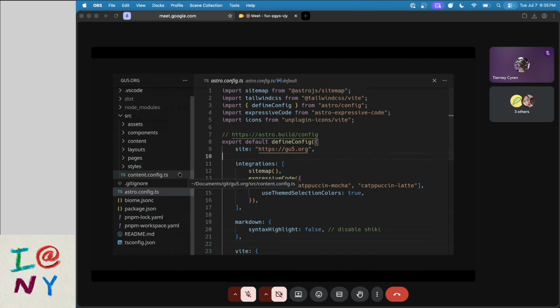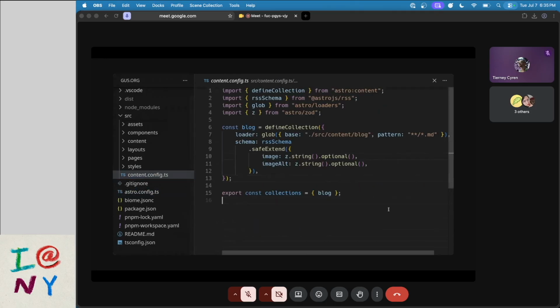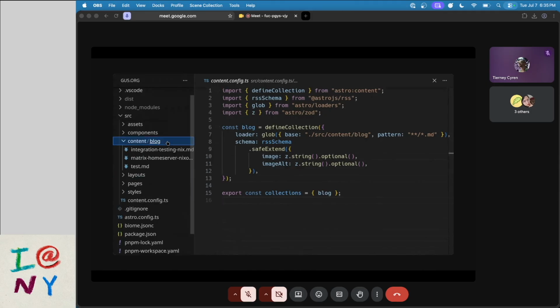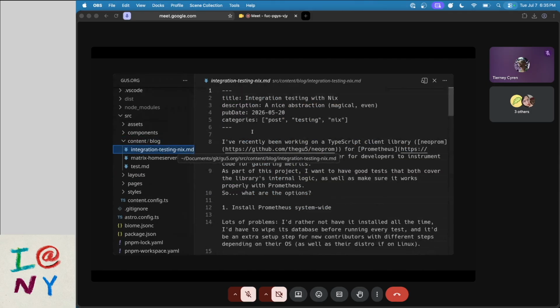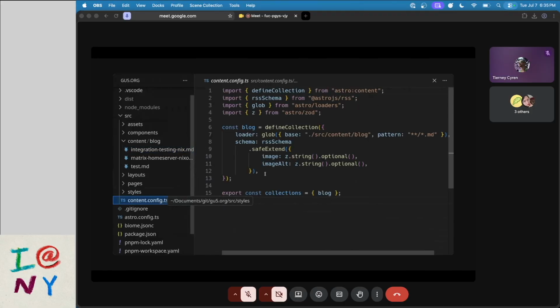Astro also has the concept of content collections, which is built into the framework, where I have my blog, and it imports all the markdown files, and also has a schema for the front matter for each blog post. For example, this blog post has a title, a description, publication date, categories, things like that. That is all specified in this collection. And so let's set up